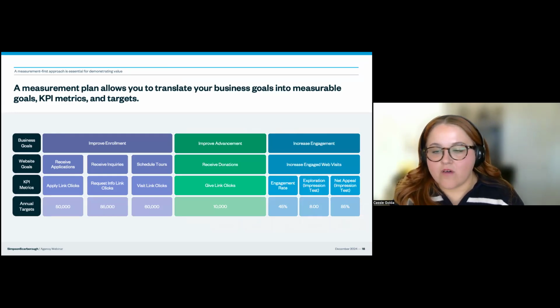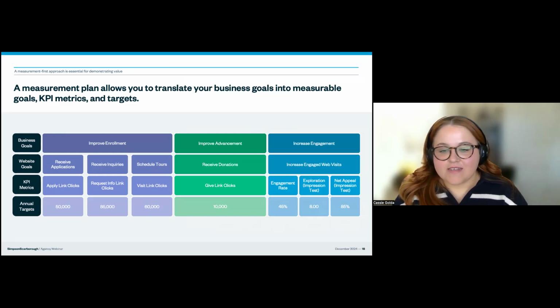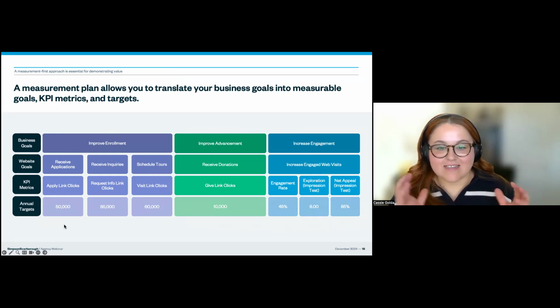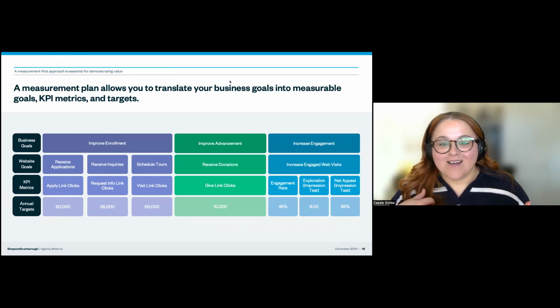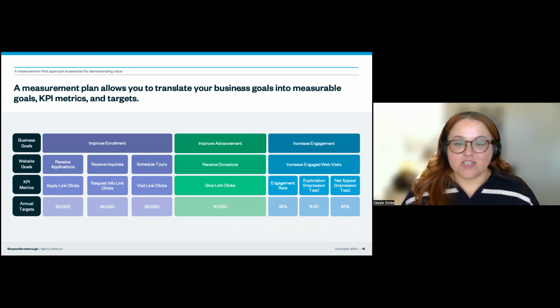So here's an example of what a measurement framework could look like for your institution's website. We've simplified this for visualization's sake. I like to call this a micro measurement framework because a measurement framework is a giant Excel. I'm a big Excel girly. So if you can imagine an Excel spreadsheet where you're hiding some of the columns, that's essentially what this